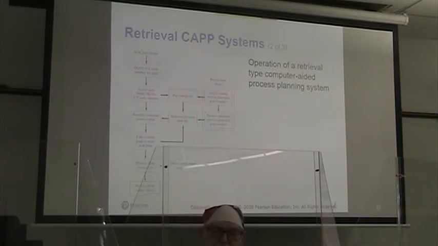All right, so in this case, we see a flow chart. We have a new part design. We derive the group technology code number for the part. We search the part family file for the group technology code number. That goes into the part family file, and